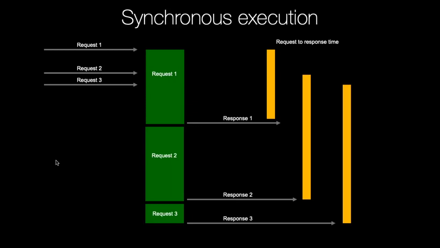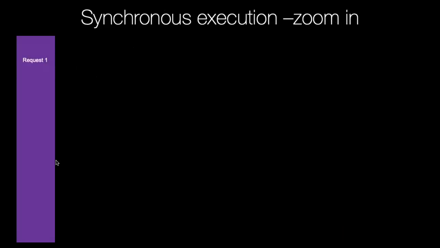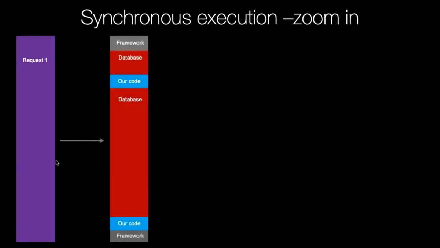Now, if you think about, well, why is that? What's actually happening in these big green boxes? And we zoom in, and by the way, zooming in turns them purple. So when you zoom in, and we look at what's actually happening, there's a little bit of framework code. Let's say this is Sanic. Actually, let's not say it's Sanic. Let's say it's Flask, right? Something that's not asynchronous.